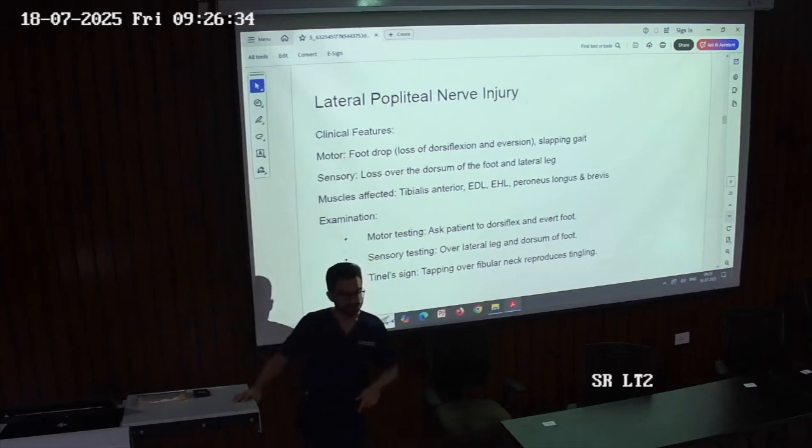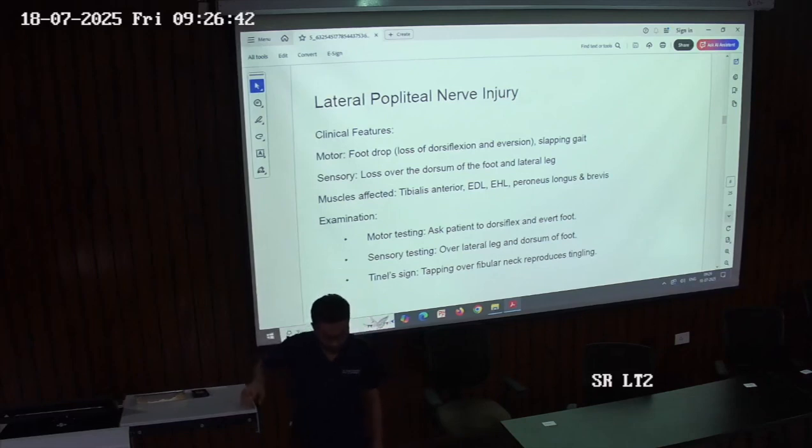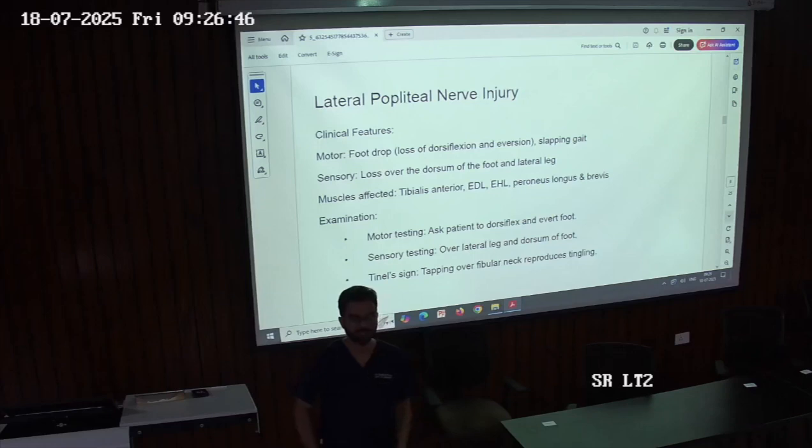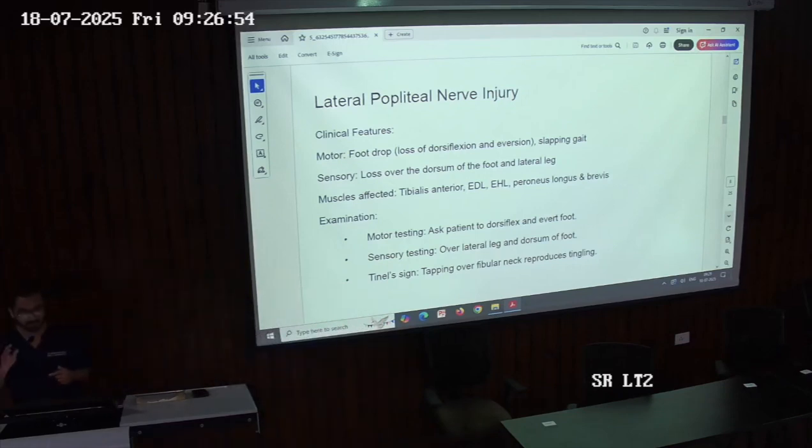the plantar flexion, right? He is not able to dorsiflex the foot. So if the foot is continuously in this state, if I have to walk, I'll do this, then I'll again bring my leg upwards. It will be like a stepping gait. I'll have to take huge steps to move further. So that is a classical presentation of a patient with common peroneal nerve injury where he is not able to